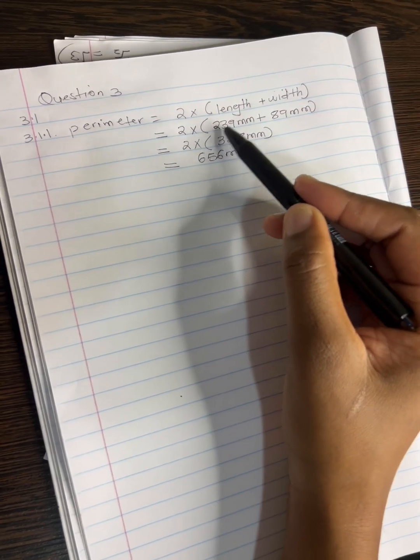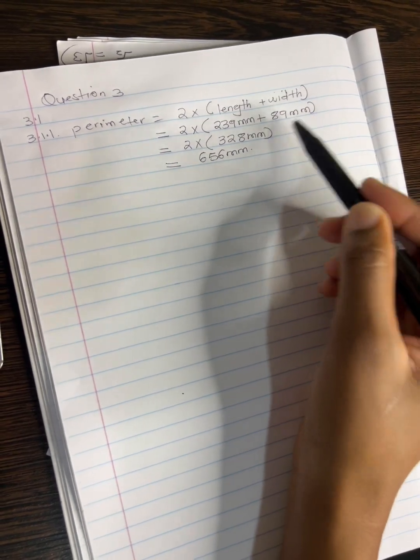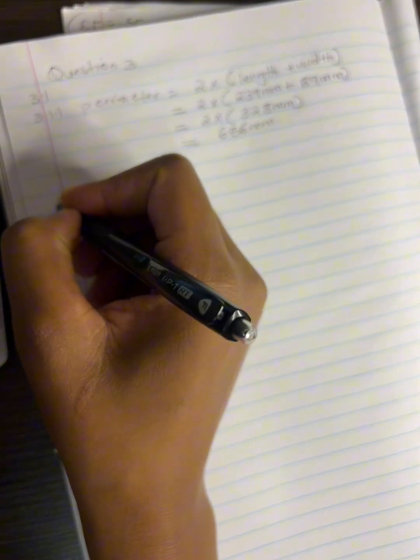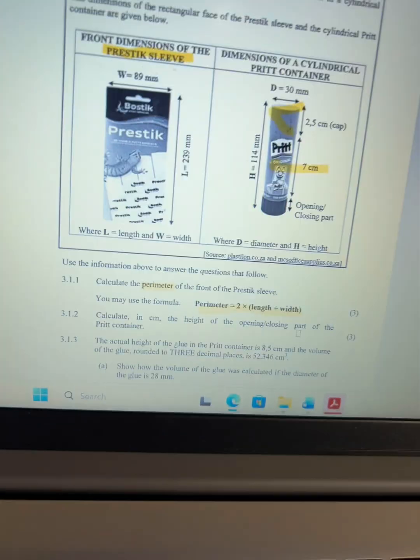So that's why we wrote 239 millimeter plus 89 millimeter. We must show the units so that the people who are marking can see exactly what you're calculating. And then now let's go to